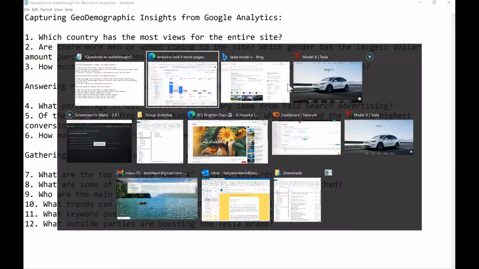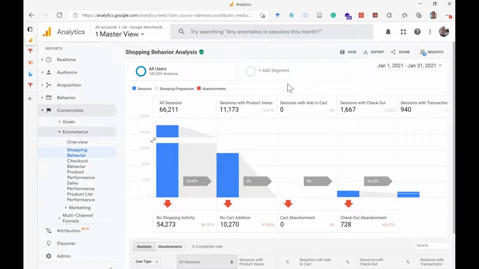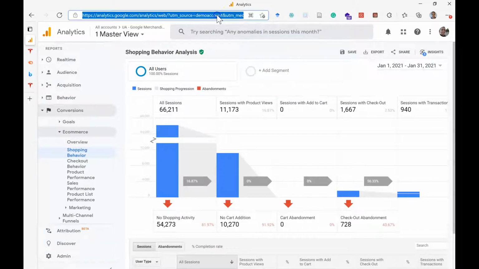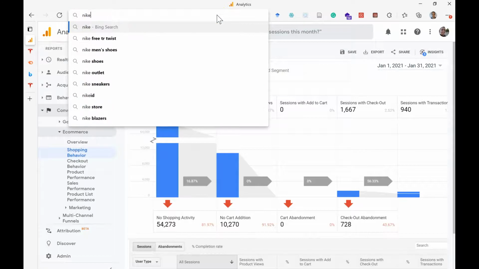This brings me to an idea I have. So I've shown you Google Analytics. If you're going to go and work for Nike and you want to see if they use Google Analytics or not before you even go into the interview, there's a little tip, a little trick I'm going to show you. So if you go to Nike.com,